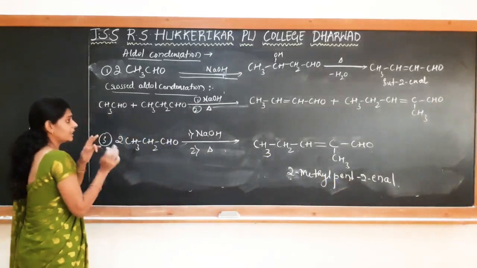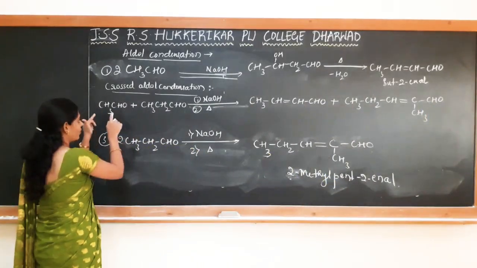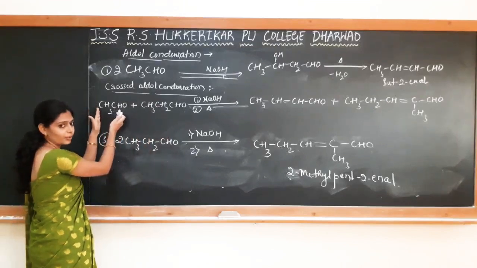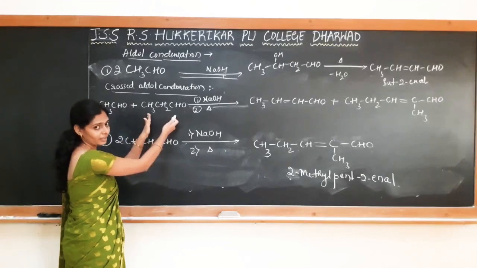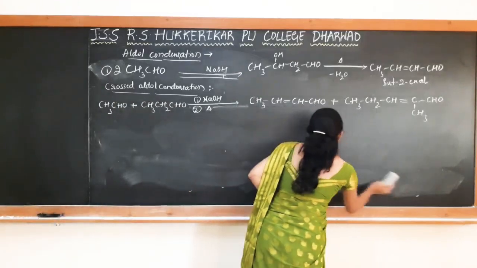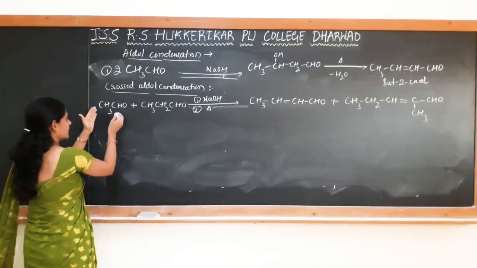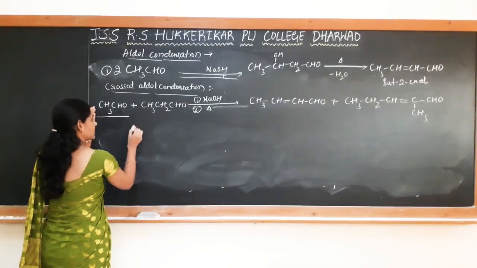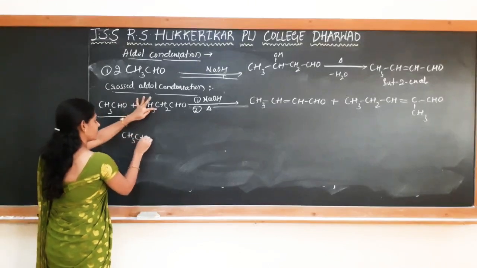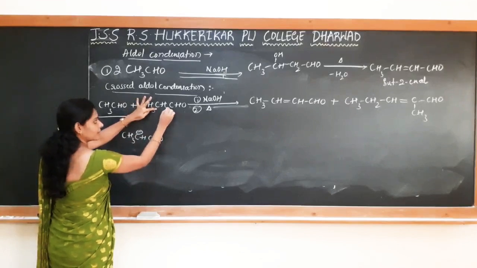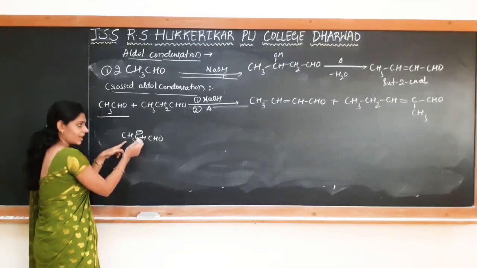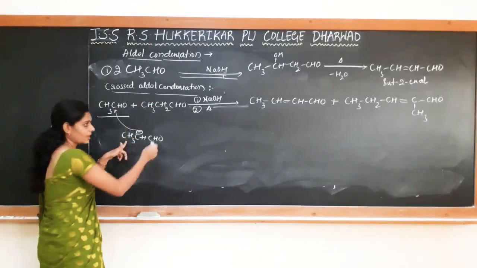Now, another 2 different products are formed where one will be attacking the other one. In one case, this will be acting as a nucleophile. In another case, this will be acting as a nucleophile. See here, if I consider this as our substrate and this as a reagent, this is forming a nucleophile. Which nucleophile will we get here? CH minus CHO. This is the alpha carbon atom. One hydrogen is abstracted by the base. So there is a formation of this carbanion which attacks the carbonyl carbon. So you are getting one product.